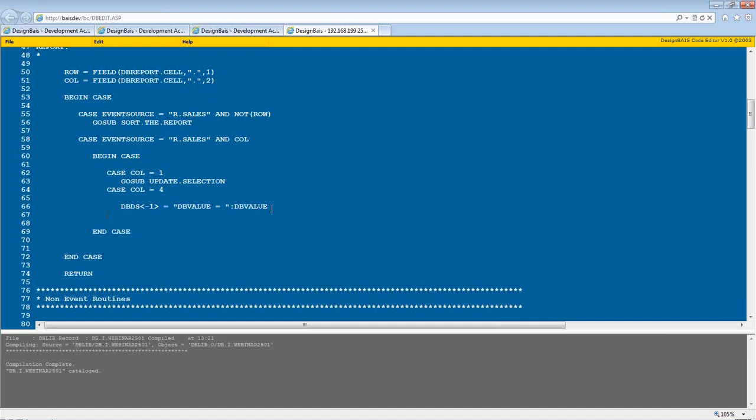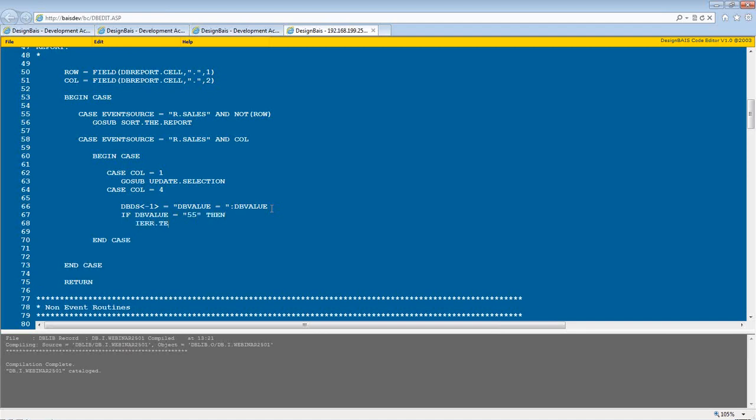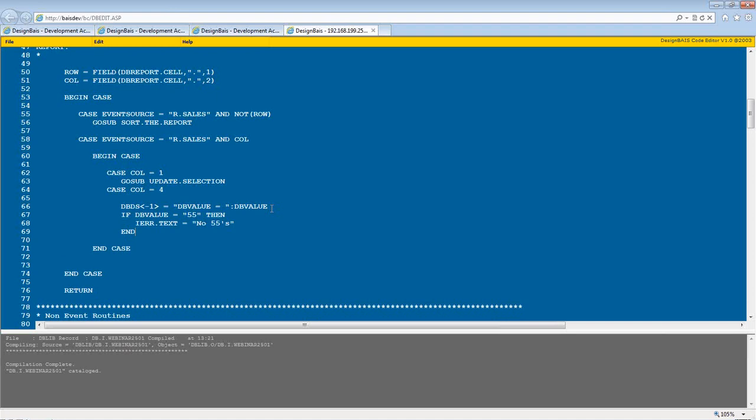So you could put in your standard IER.texts and reset the values and do all of that sort of thing. So I could say if DB value equals 55, then IER.text equals "no 55s" or something like that, just as you would in a standard input field, though the standard